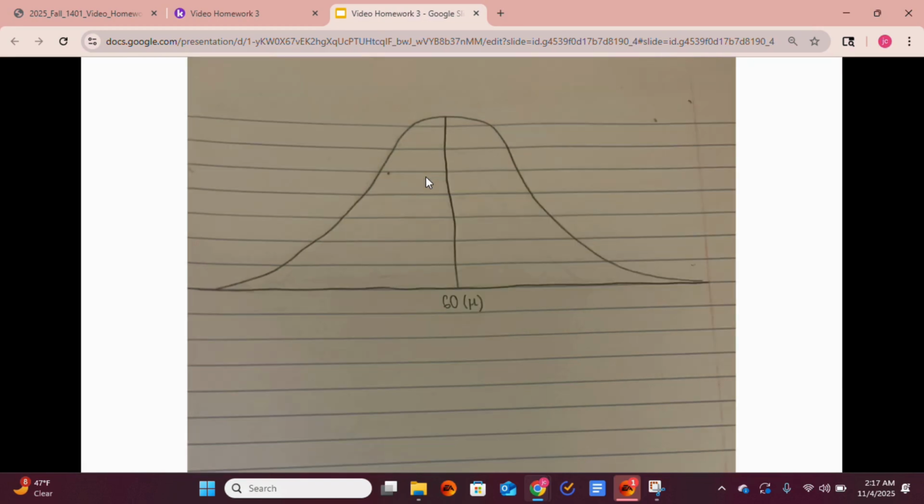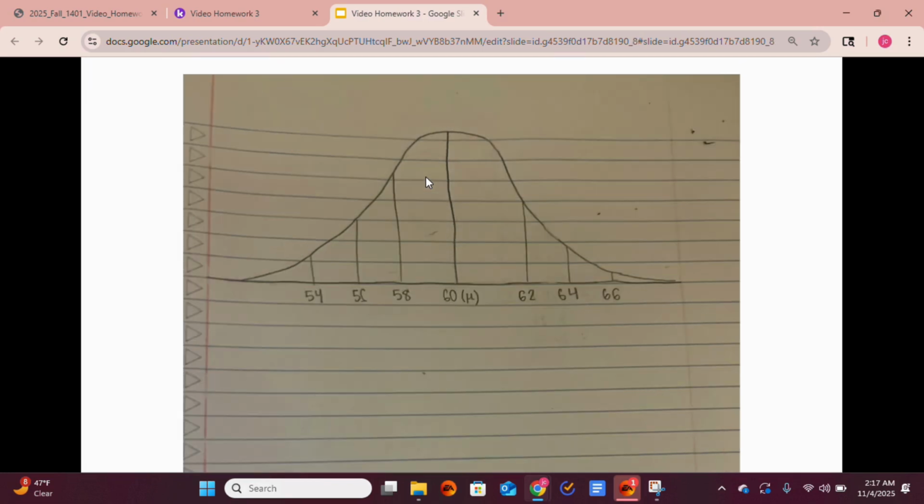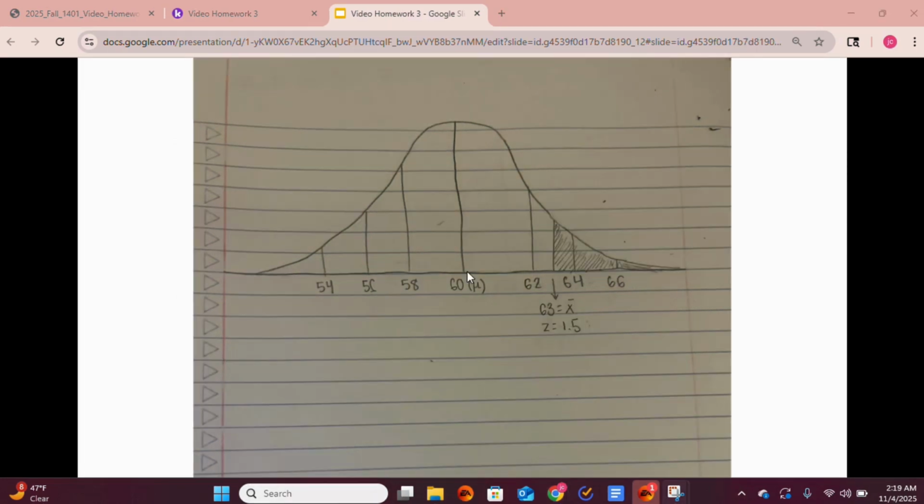Then I labeled my mean of 60 in the center. Next, I marked the units above and below the mean according to the standard error, like 60 plus 1 standard error, 60 plus 2 standard error, and so on. Now I've added the sample mean of 63, which is 1.5 standard errors above the mean. Then I shaded to the right of that line we made since we want the probability that the sample mean